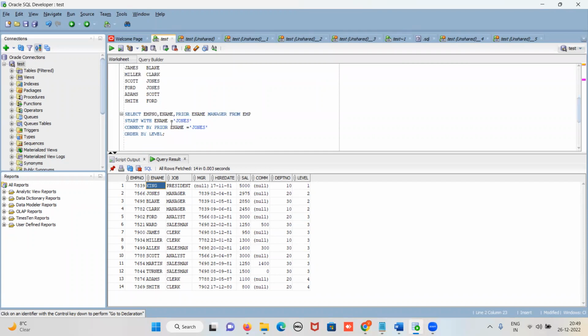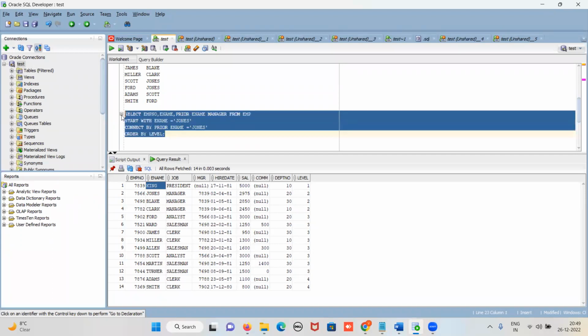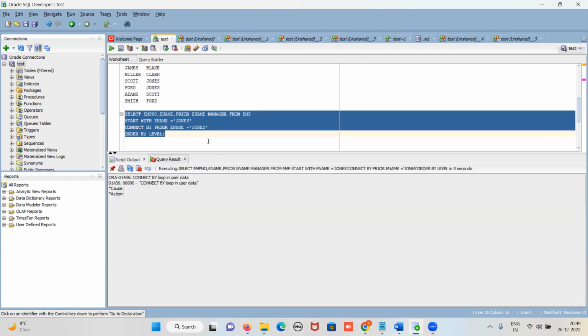Now here I am taking for Jones. So what I am doing is selecting this column, and then I am putting the column name prior ename here. And this is the manager. I have given it the alias name manager from this table. Start with ename equals to Jones, connect by prior ename equals to Jones, order by level. Now, if you see this query, guys, what will happen is